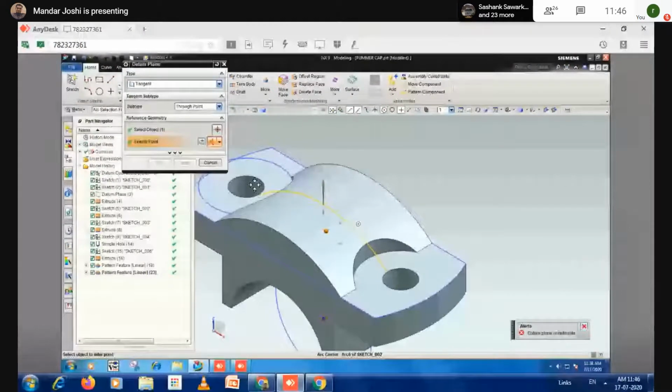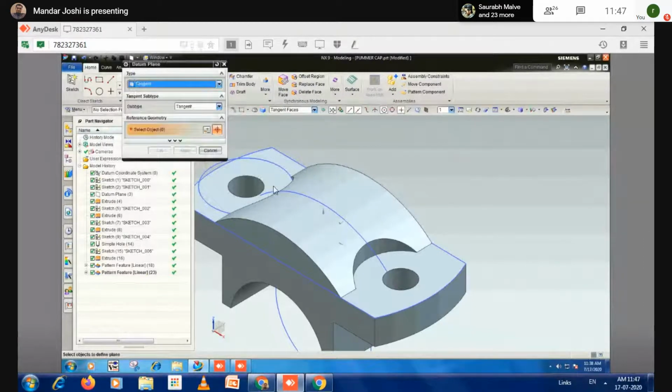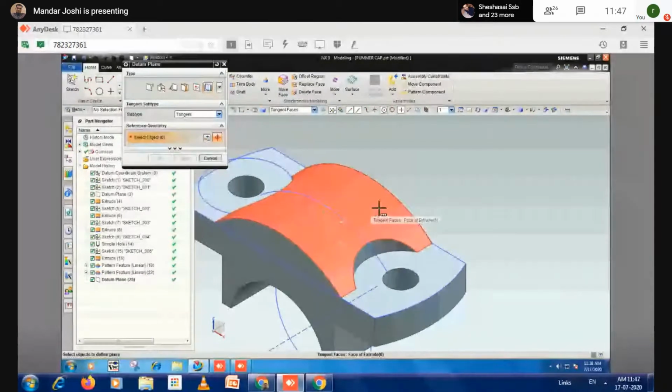No, it's not selected. Just a minute. Just try to take apply. The plane should come here.